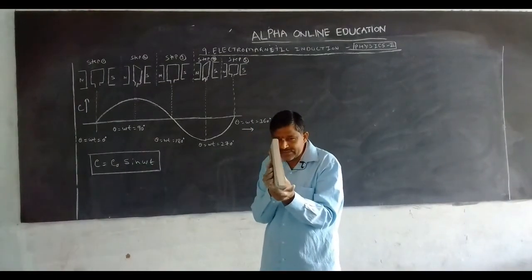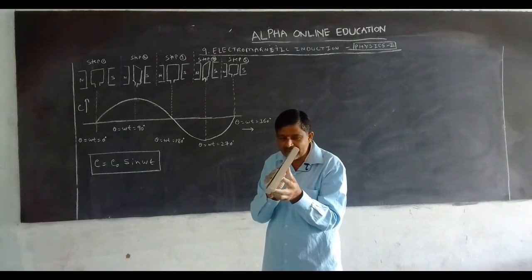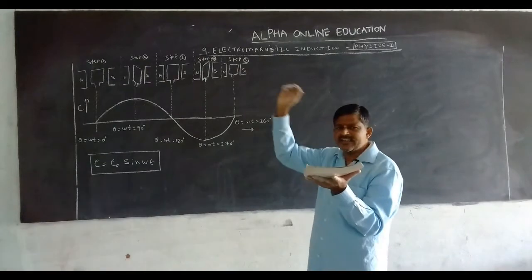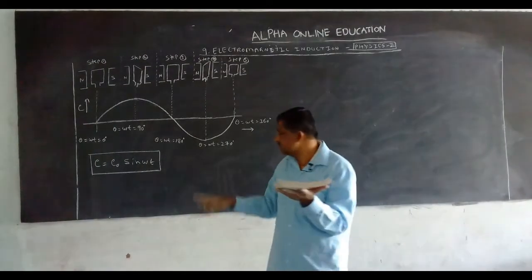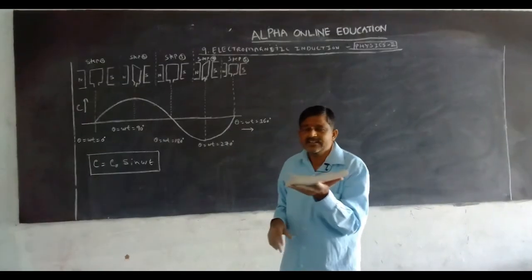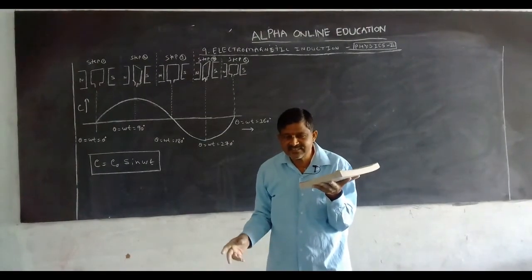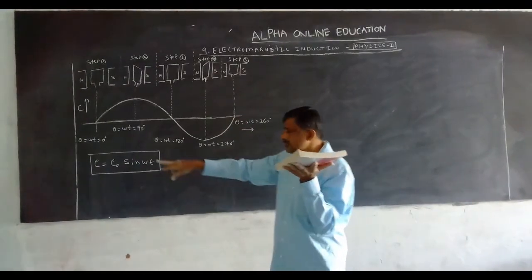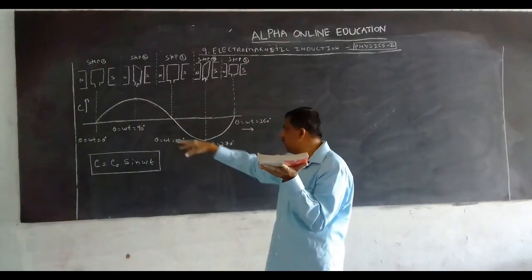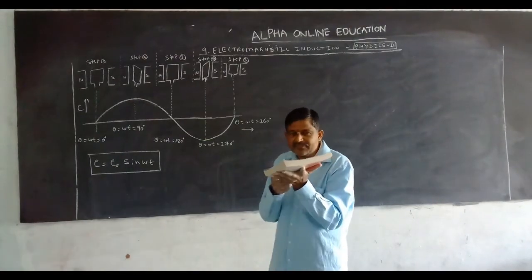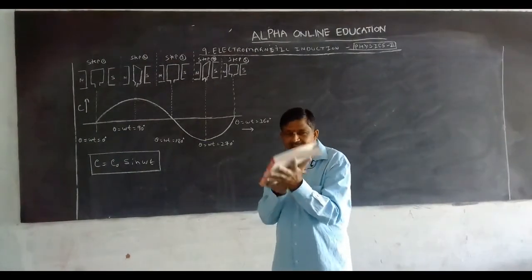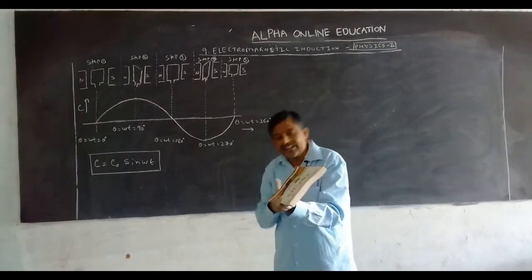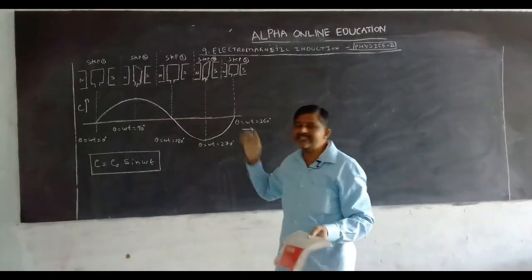Then as it rotates further, what happens to the association of magnetic flux? It decreases, decreases and becomes 0. Now what is the angle? It is 360 degrees. Again from 270 to 360 degrees, the association of magnetic flux decreases and becomes 0. So induced EMF is also 0. Now in which shape do we get the induced EMF? In the form of a sine wave. Then it rotates continuously. This is one revolution. In the next revolution also the current is like this.